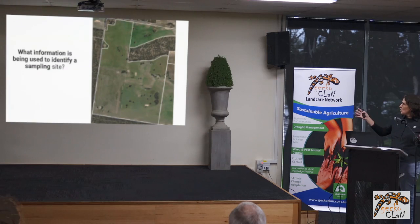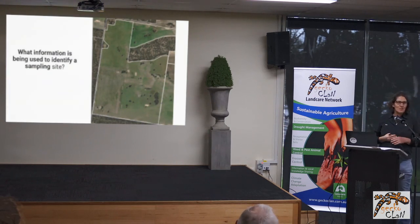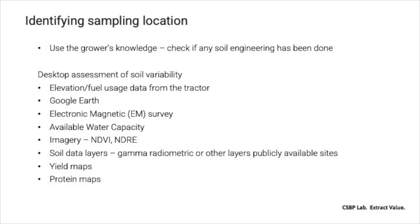So just looking at that, where would you take your soil sampling site? When you've got 4 paddocks into one, lots of different things happen, what would you do? What things would you do to identify some sites? So, to identify those sampling locations is to, number one, use the grower knowledge, and also what vegetation is growing in the paddock, so you can really identify those changes. And then you can probably do, maybe in the paddock, but it depends on your conductivity, because sometimes that's pretty bad, so you can't really do too much, but do a bit of a desktop